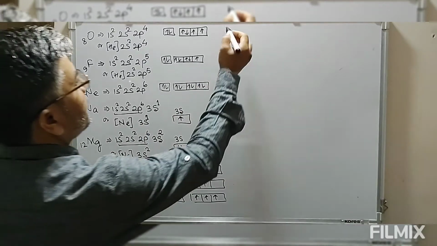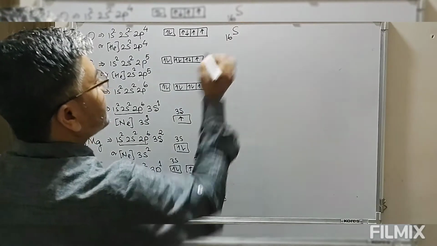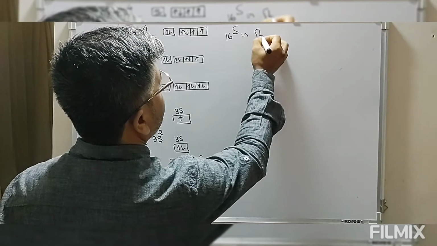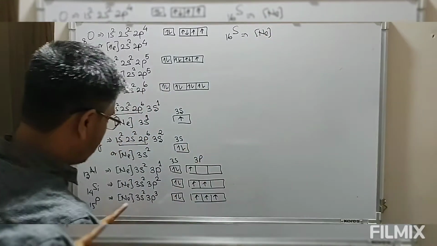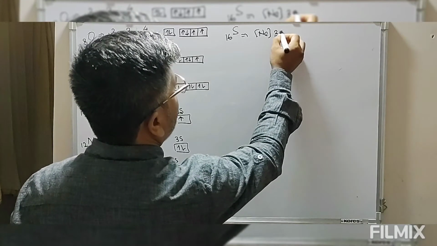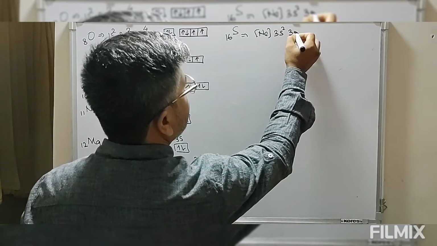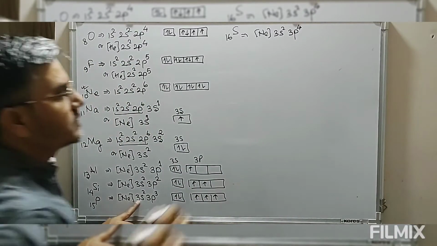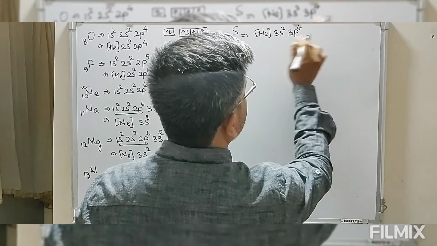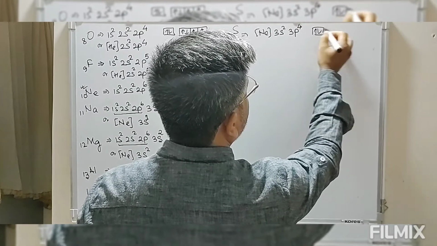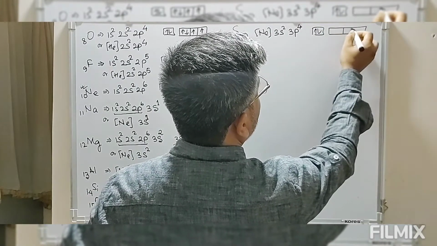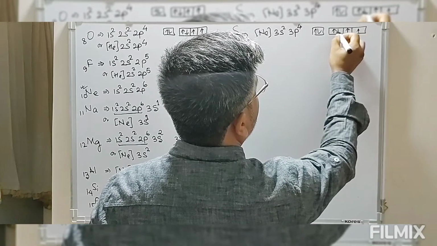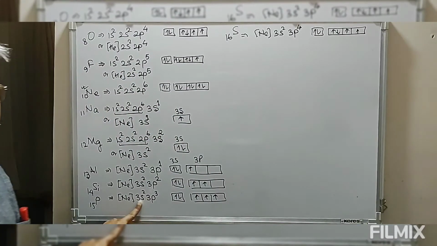After this, we have a look at sulfur, atomic number 16. We have the configuration of neon, then 3s2, and the 16th electron should again be placed in the 3p orbital. The box diagram for this valence shell is 3s2 and 3p. The 4th electron in p will undergo pairing.